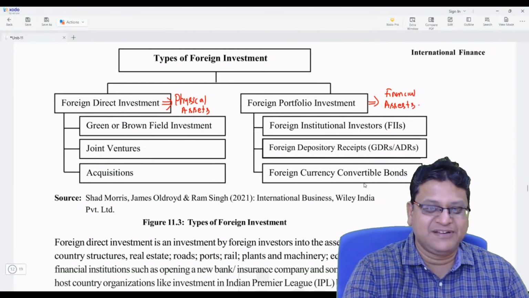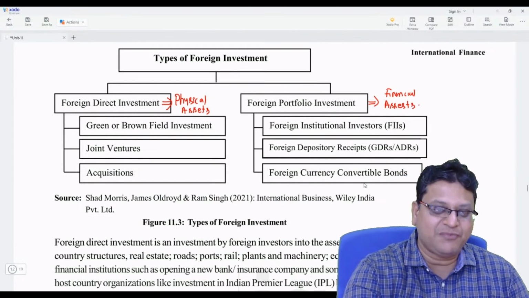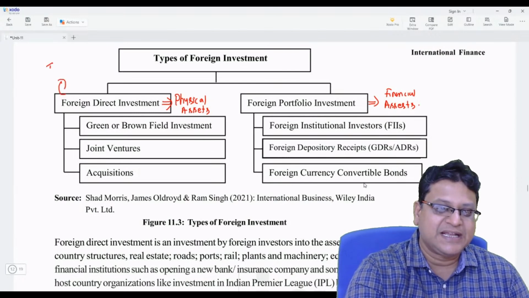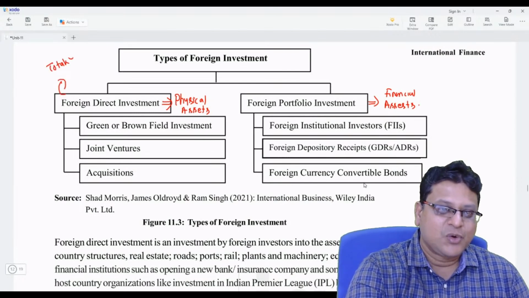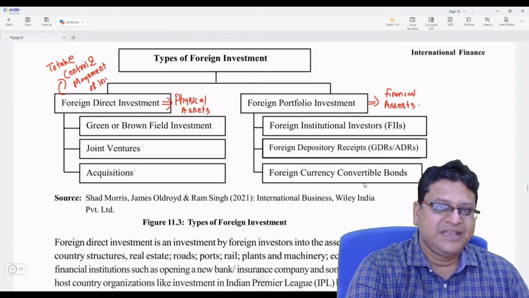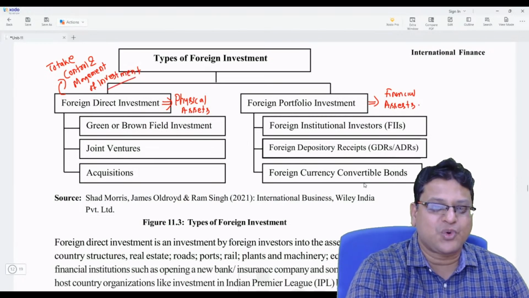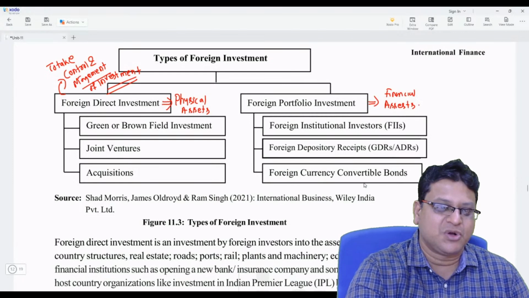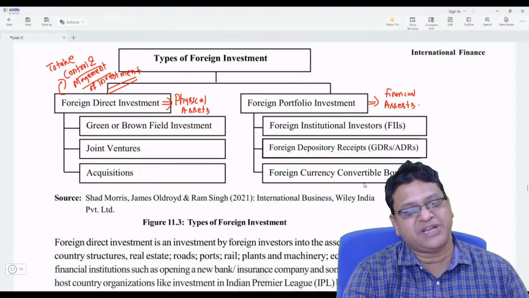In foreign direct investment, the intention of the investor is to take control and management of the investment. If an investor comes with an outlook of controlling or managing the company where it puts its money, it's known